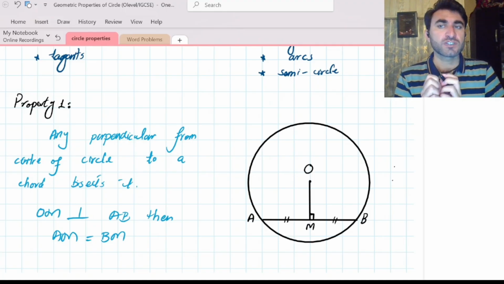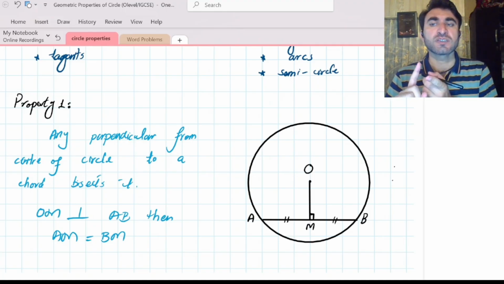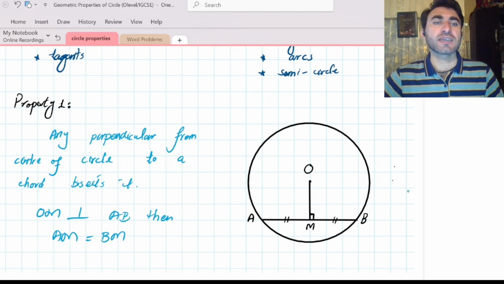So that was the first property, that any perpendicular from the center of a circle to a chord bisects it, and vice versa. Now coming to the second property,